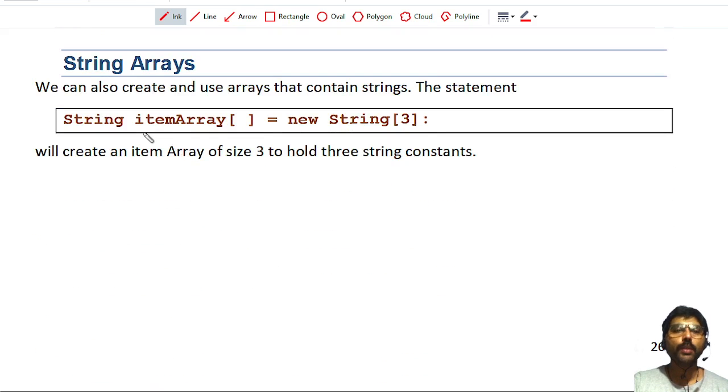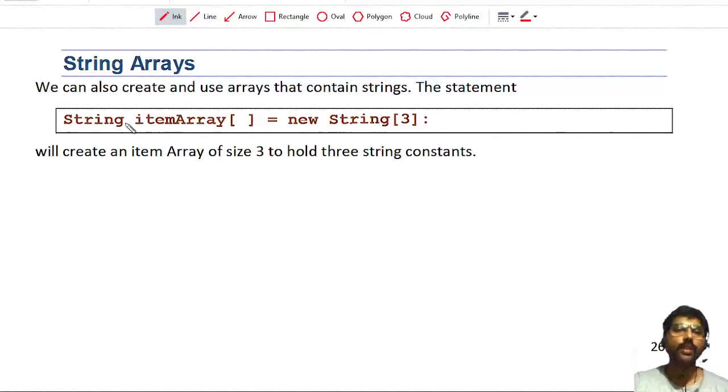It is also possible to create string arrays. If you want to store multiple string objects, instead of creating individual objects, we can create an array. Each array element is nothing but a string here.